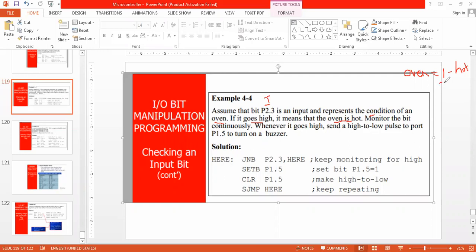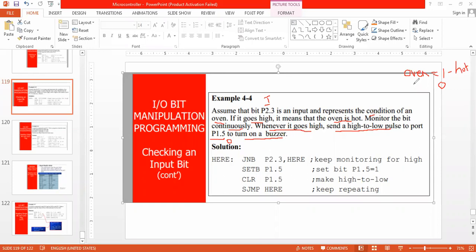If the O1 is 0, monitor the bit continuously. Whenever it goes high, send a high to low pulse to port P1.5. It means P1.5 is now an output port to turn on a buzzer.